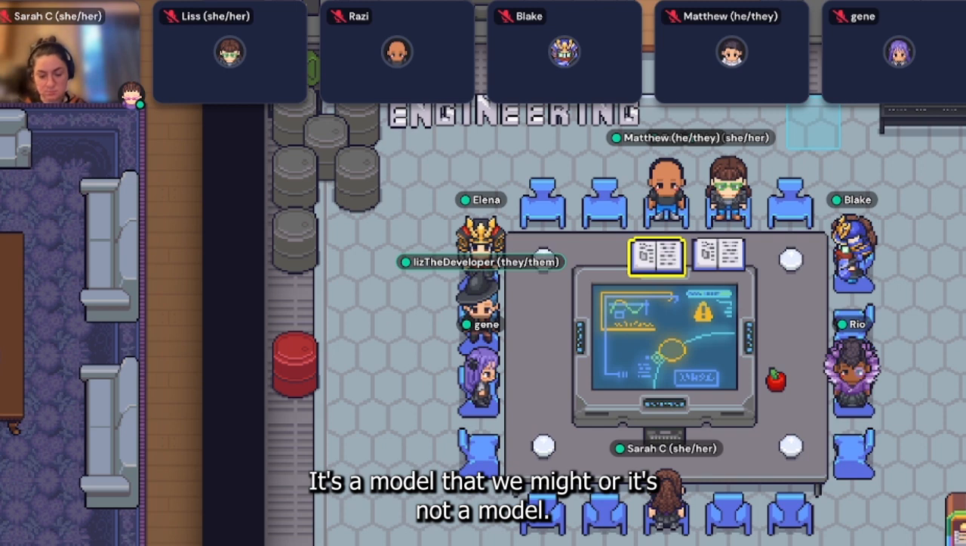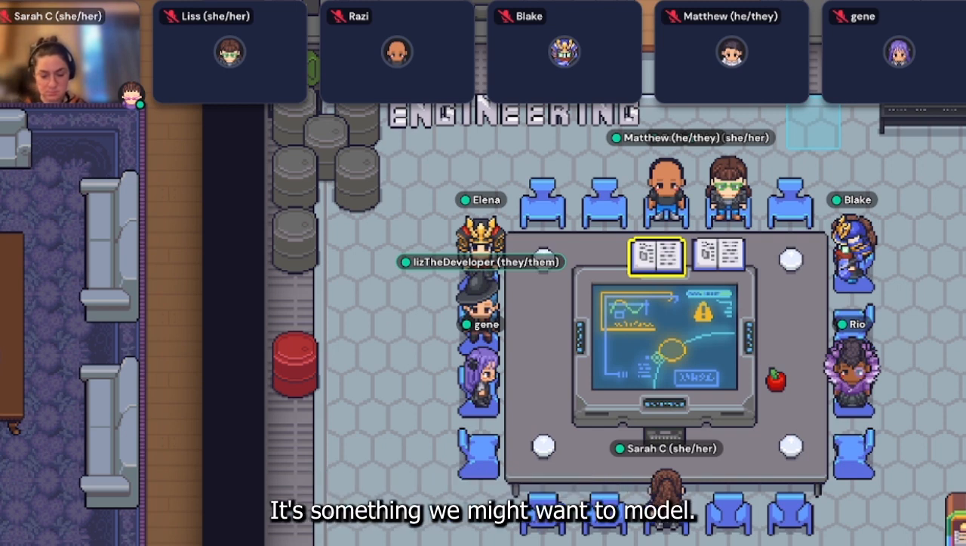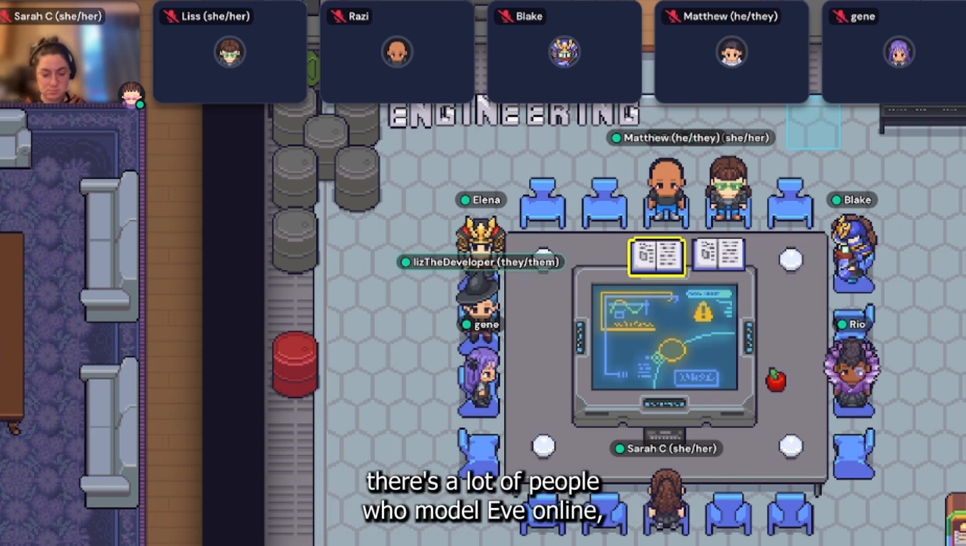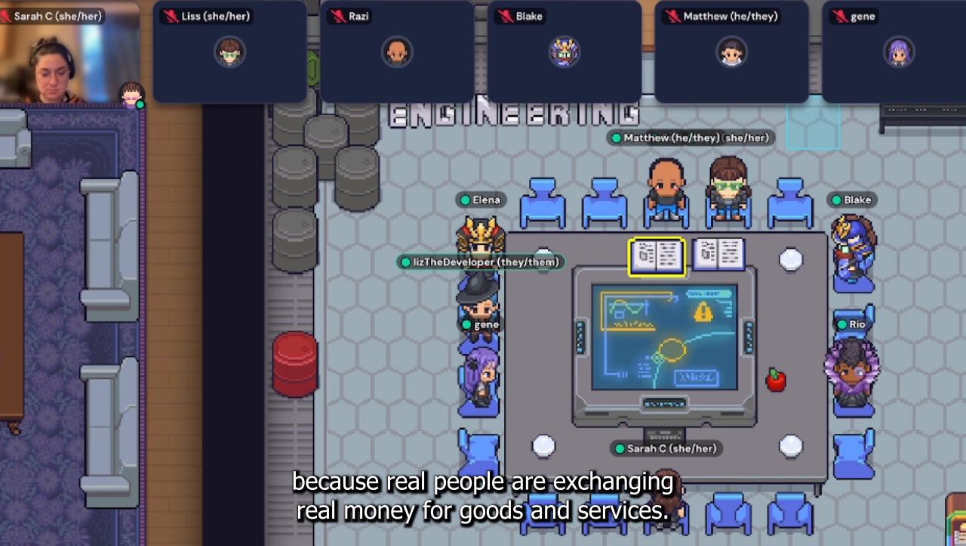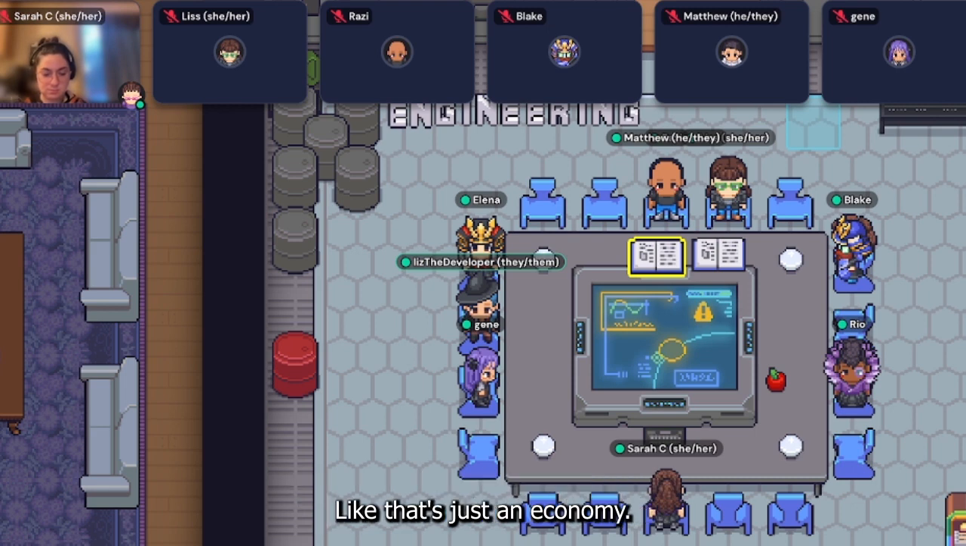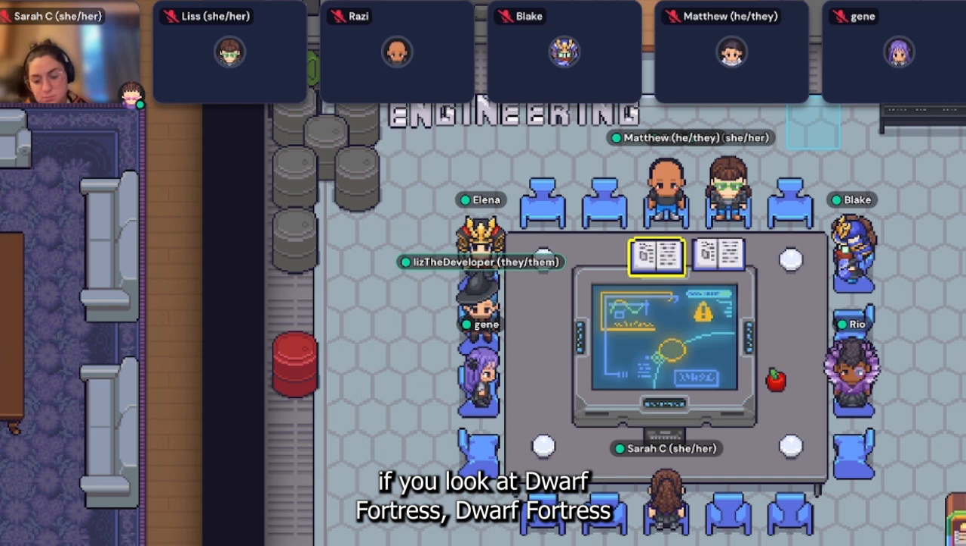It's not a model, it's something we might want to model. There's a lot of people who model EVE Online, and its profound economy that's really realistic. That's because it's a real economy, because real people are exchanging real money for goods and services. That's just an economy, it's not a simulation of an economy. And this is actually a fine distinction to make, because if you look at Dwarf Fortress